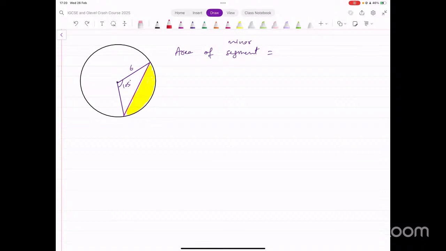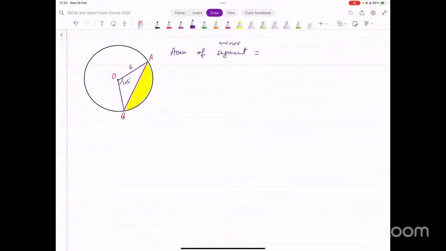Let me name it something. Let's say this is O, this is A, and this is B. So the idea would be to find the area of the segment. We say it's going to be the area of the sector